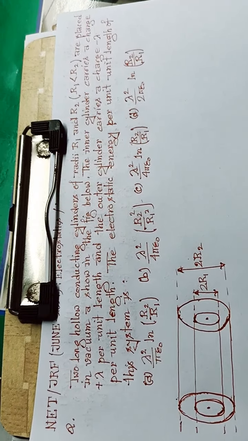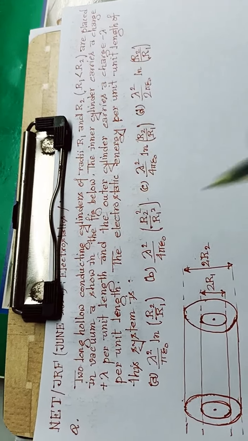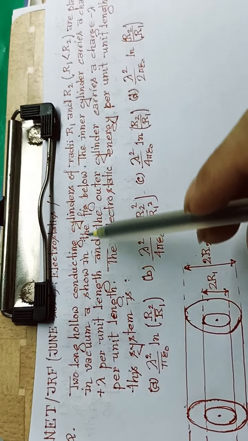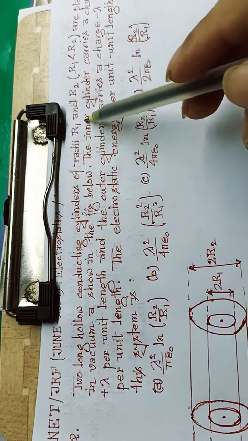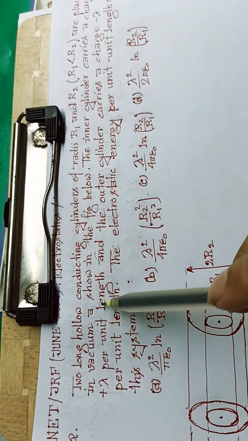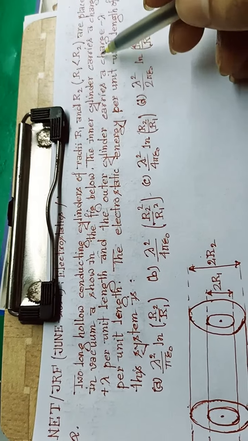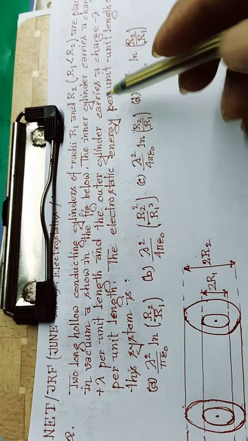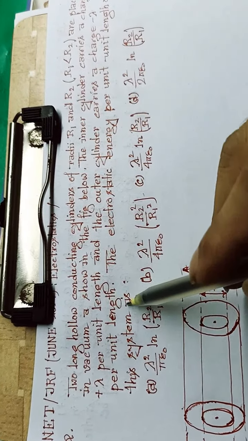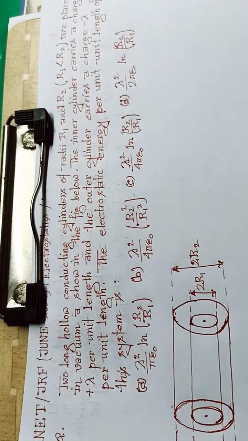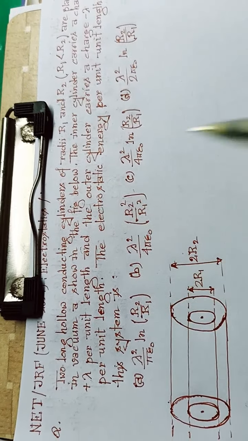Here is a question from NET JRF 2017 from electrostatics. In this question it is given that two long hollow conducting cylinders of radii R1 and R2, where R1 is less than R2, are placed in vacuum as shown in the figure below. The inner cylinder carries a charge plus lambda per unit length and the outer cylinder carries a charge minus lambda per unit length. The electrostatic energy per unit length of this system is given by, there are four options given,